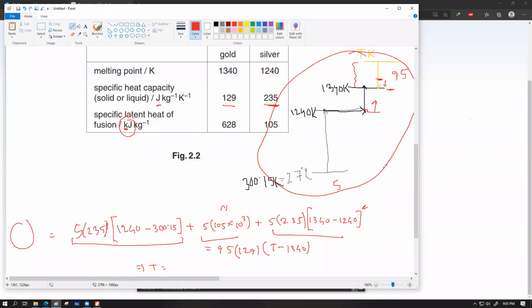Silver can get to much higher temperature, but for this math, we are not doing that. Okay, so as you did before, we have to take 0 degrees as the start, and from there we can go further. And 1340 is exactly our terminal point. Yeah, terminal point. Okay, got it.